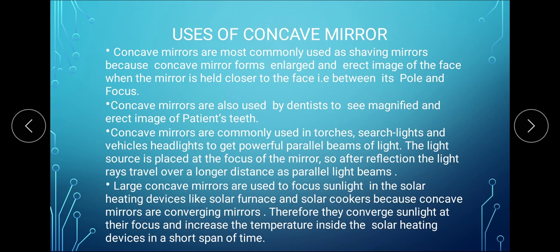Students, we have done the ray diagrams. I want all of you to recall the sixth case of the ray diagram of concave mirror when the object is between pole and focus. In the sixth case, you have learned that it forms erect and enlarged image. Due to this property, it is used as a shaving mirror because it gives enlarged as well as erect image of the face, which is why it is used as a shaving mirror.